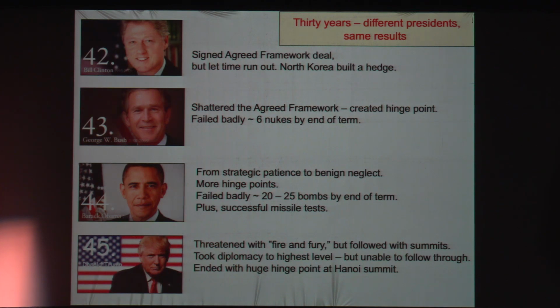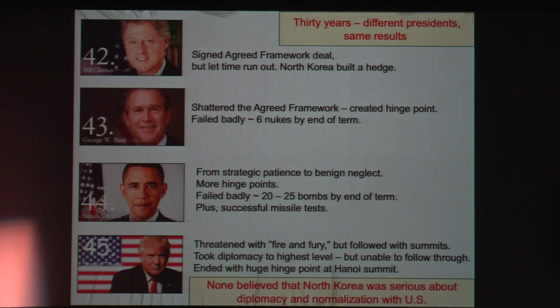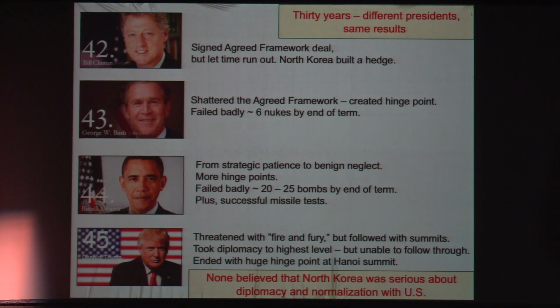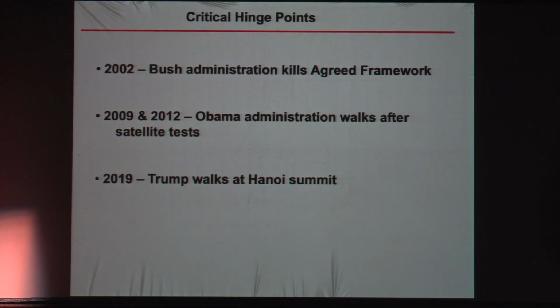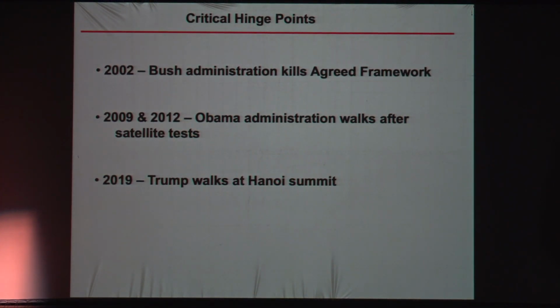You know, President Trump came in, fire and fury, followed by summits, took diplomacy to the highest level, and then was unable to follow through. And so that ended with a huge disappointment at the Hanoi summit, and with about 45 nuclear tests. So none of those administrations, particularly after Clinton, ever believed that North Korea was serious about diplomacy and about normalization with the United States. So I can demonstrate a bit more by focusing on 3 of what I call these